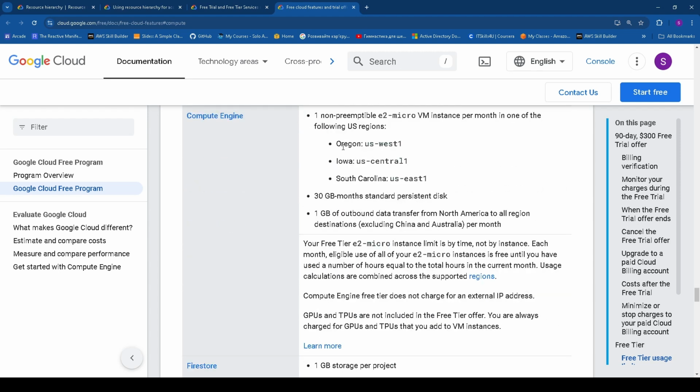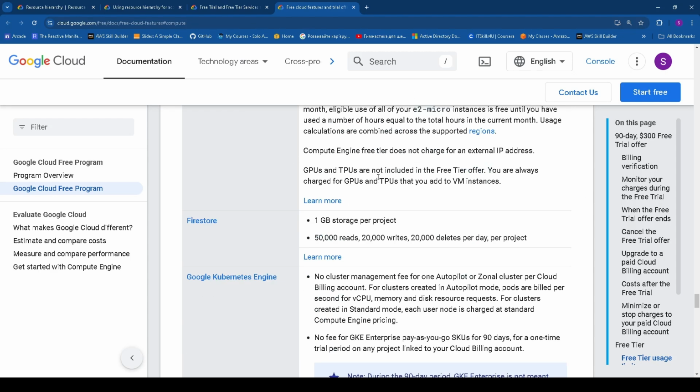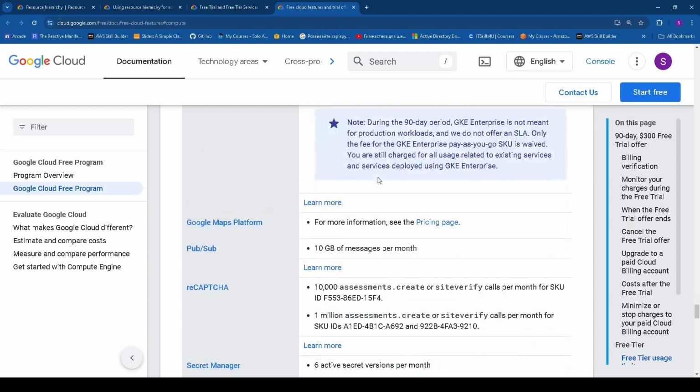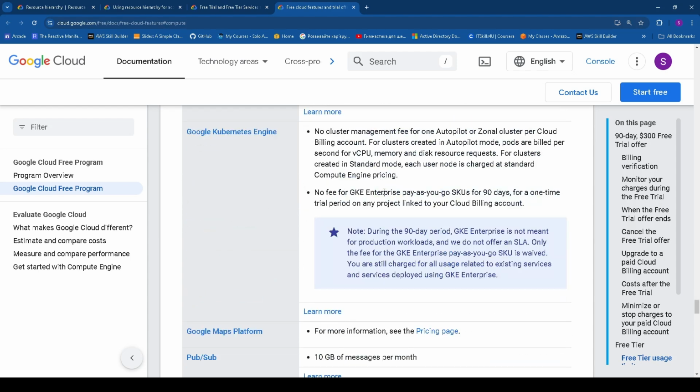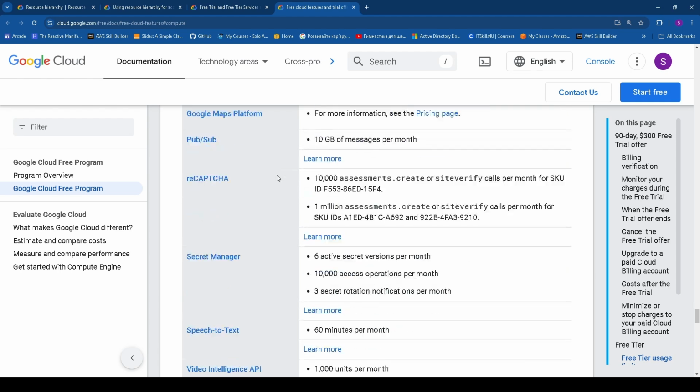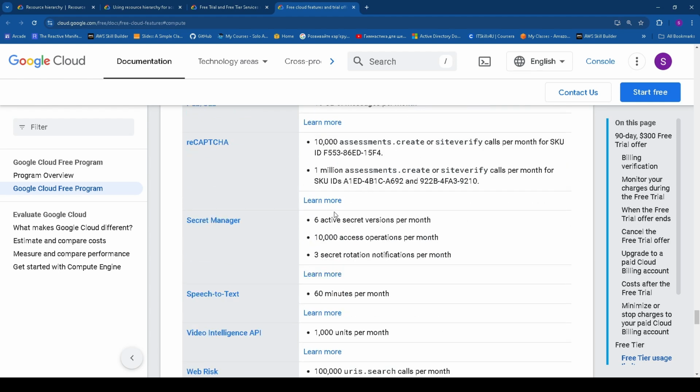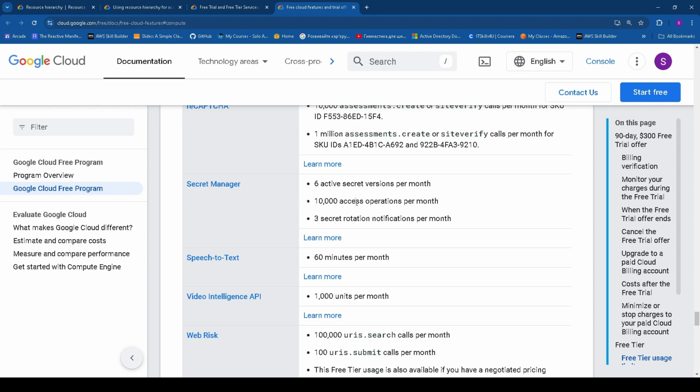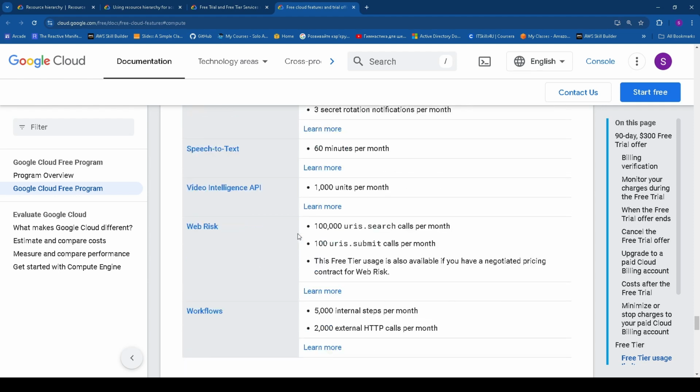Compute Engine, also following regions, only these three. Kubernetes, no FIFO, 90 days. Pub/Sub, reCAPTCHA, Secret Manager,